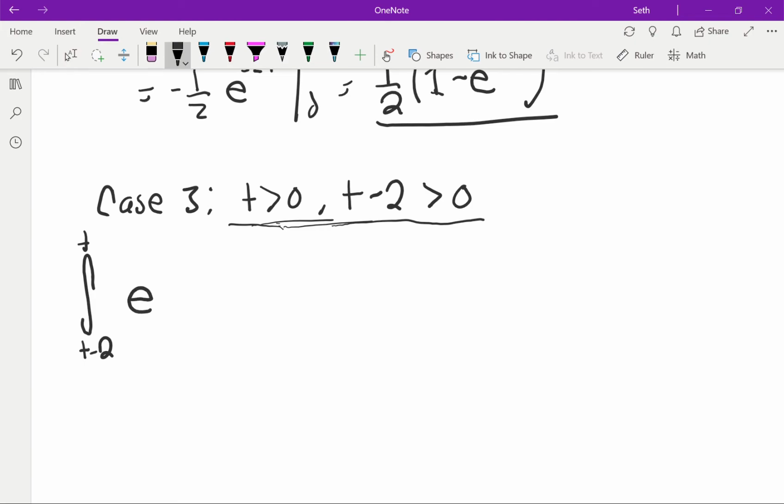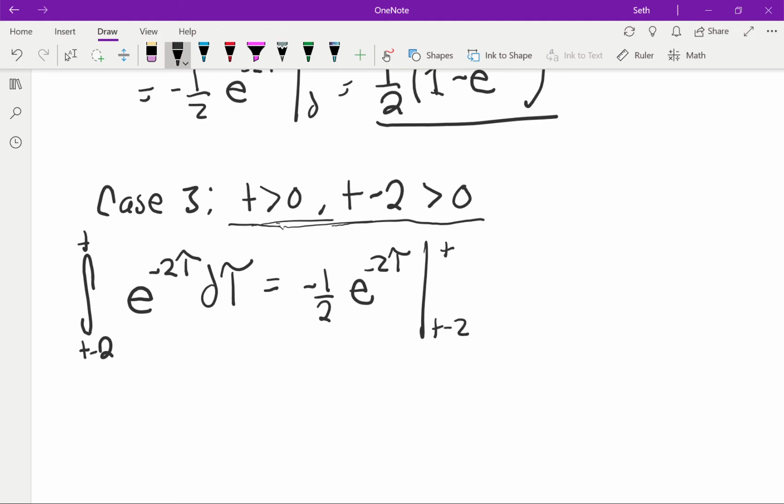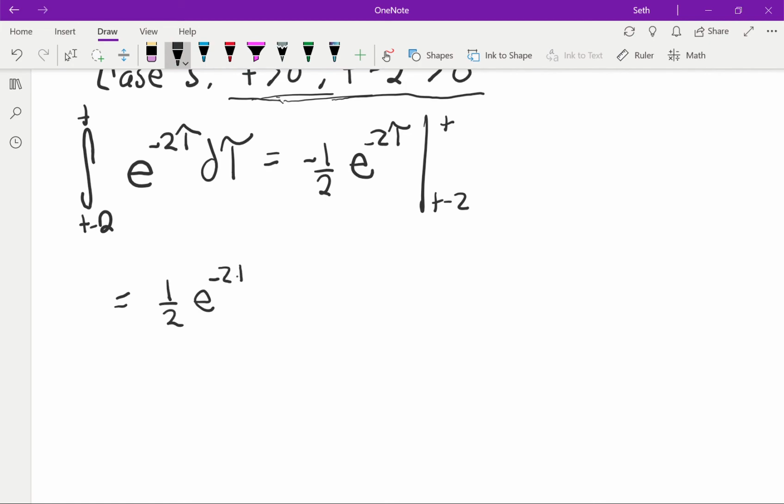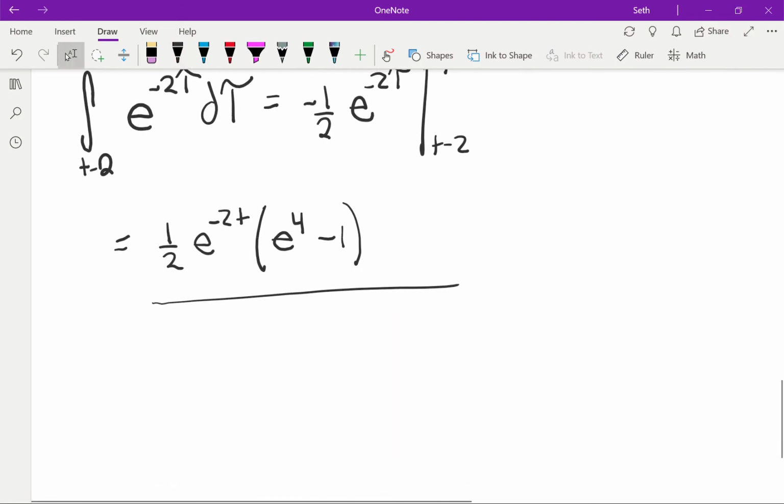Okay, so we just have e to the minus 2 tau, d tau, and we get minus 1/2 e to the minus 2 tau, and limits are going to be t minus 2 and t. So when you evaluate this, you are going to get it equal to 1/2 e to the minus 2t times (e to the 4th minus 1). Okay, so now we have all of our